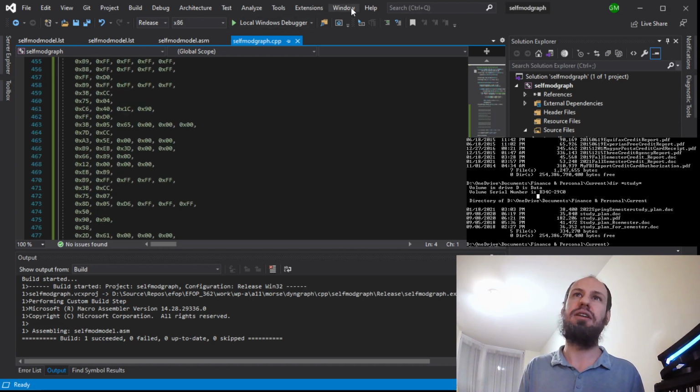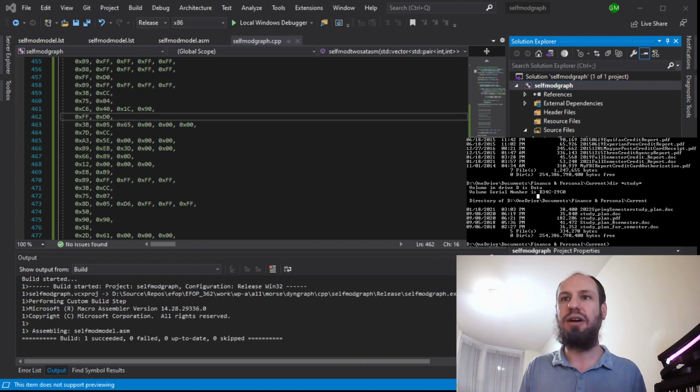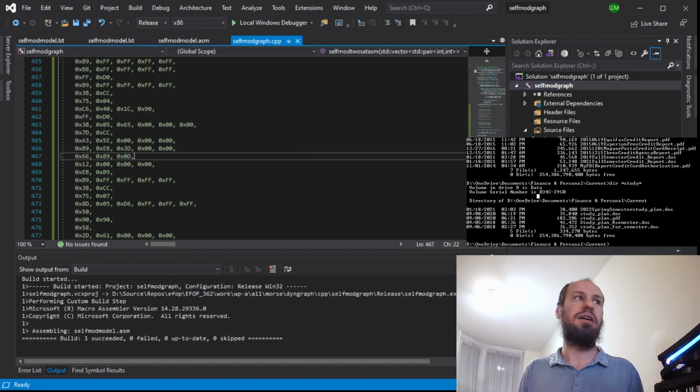I think there's a way to do that in the, not extensions, but actually, probably I already have it here. Probably we can just go to the properties somewhere, and there's a way to tell it, hey, I want to use the platform toolset. Oh, look, I can use LLVM Clang. That's cool. I don't know what the options are here, and we're using what, C++14. So okay, that's all, and we'll be back next time with more